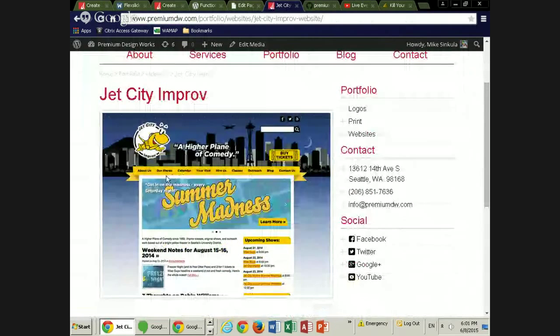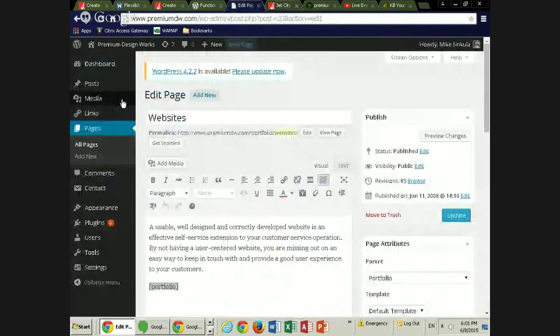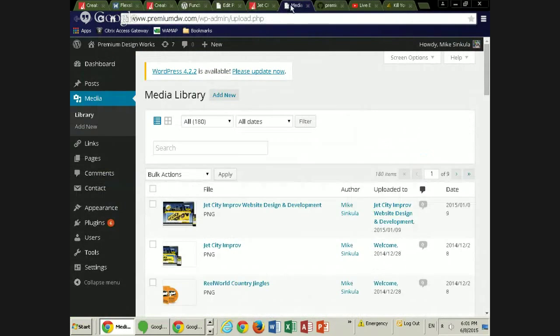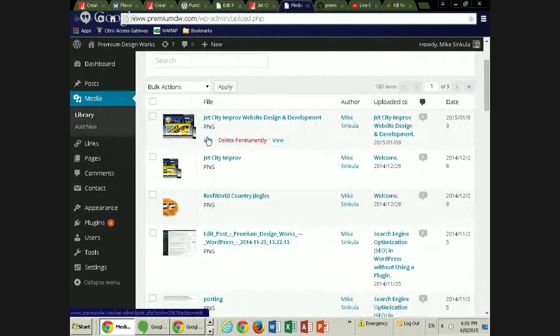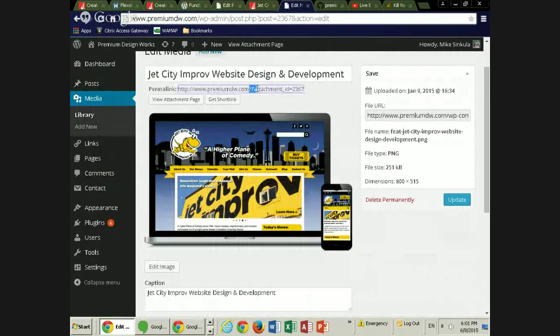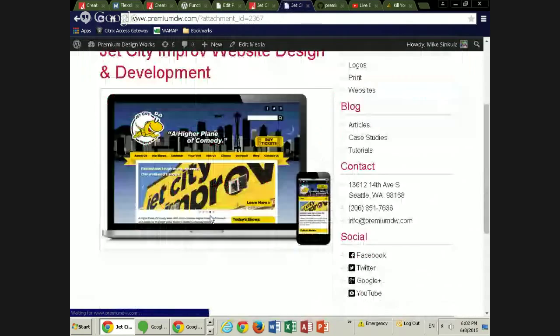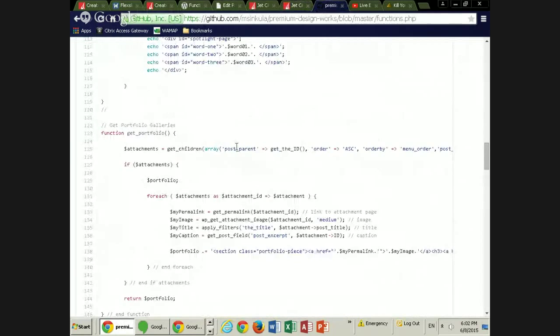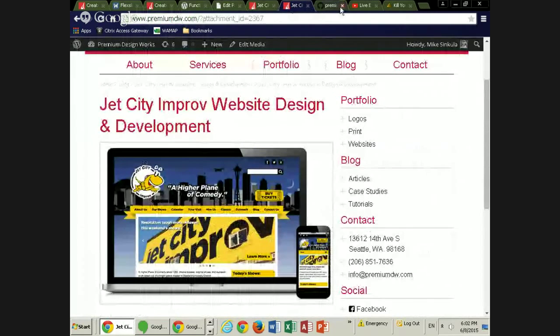which, if you are looking at any piece of media in your library, for instance, this one, this is now an attachment. Okay? View attachment page. It uses the template page on here. I think it uses the default index here, but that's kind of weird. That shouldn't be doing that. It should be using